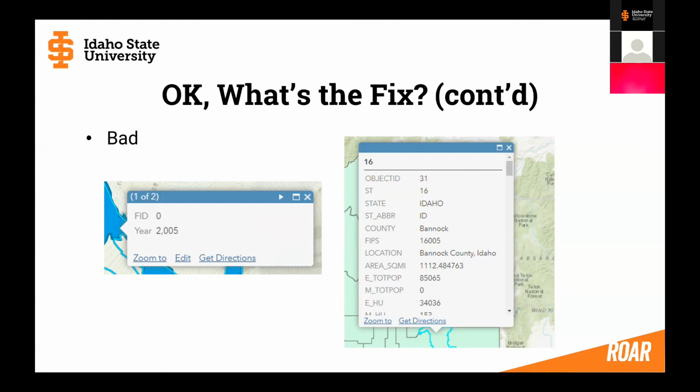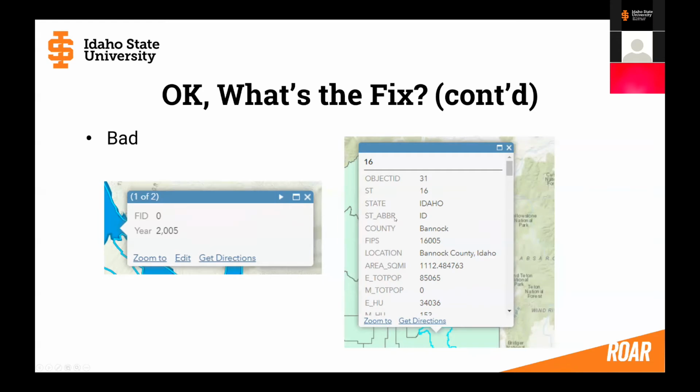And on the right side, we have another bad, right? This was a data set that I found that I just could not resist. I made this web map. And so when I click on Bannock County, you can kind of see Bannock County has been clicked on right here, right? I don't even learn that as Bannock County as part of my title. It's 16, and I'm seeing the object ID. So the first thing that I'm greeted with is pretty much useless information, a bunch of gibberish, cryptic stuff,